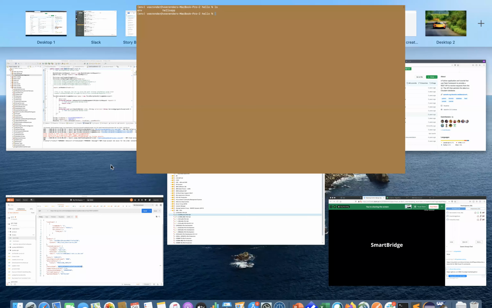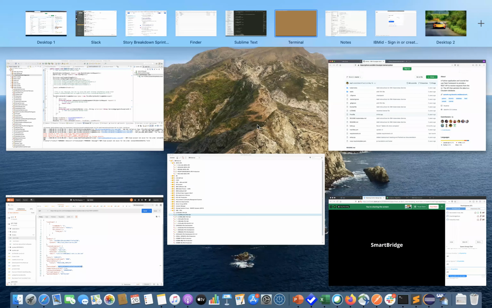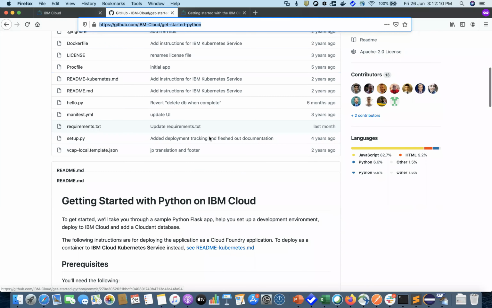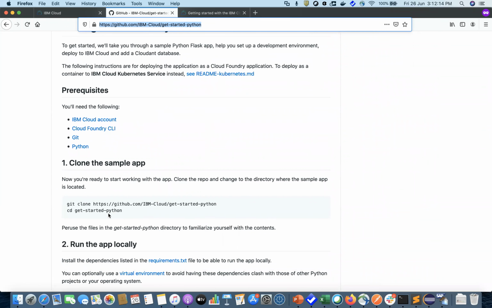So what I'll do right now is go ahead and follow the steps on the Git link which I shared. This is what we're doing. So the first step. Any questions? Just please stop me. Okay.